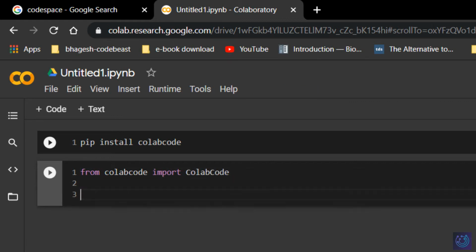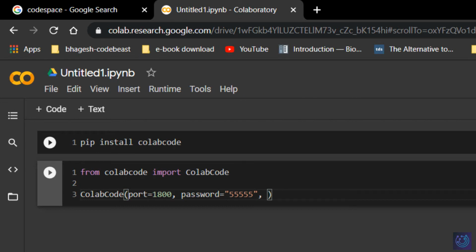And to this we will pass some parameters. First, we will specify the port at which we want VS Code to appear. Let me just type in 1800. You can type any number here. After this, a password so that nobody else except you can access this. So I'll just set it to 5 times 5. You can set anything here as well.